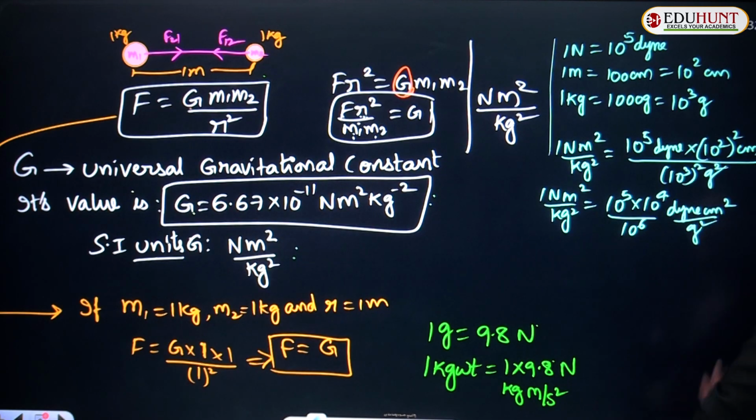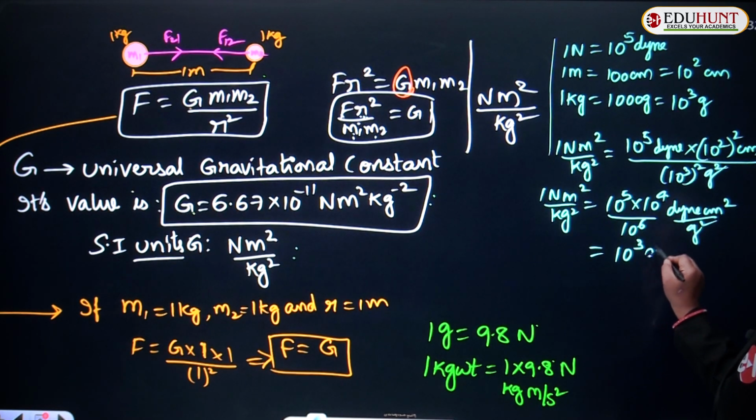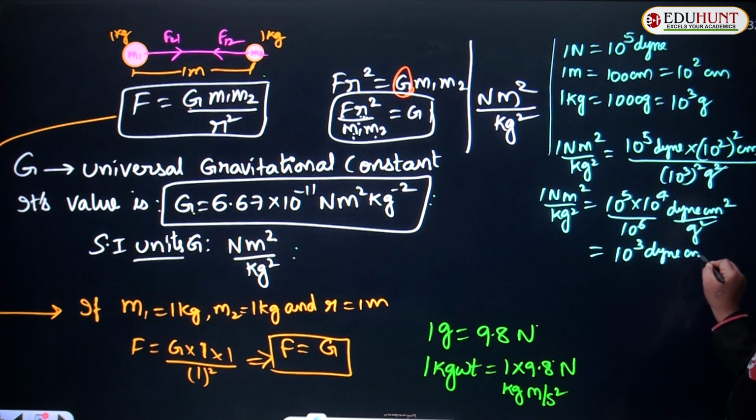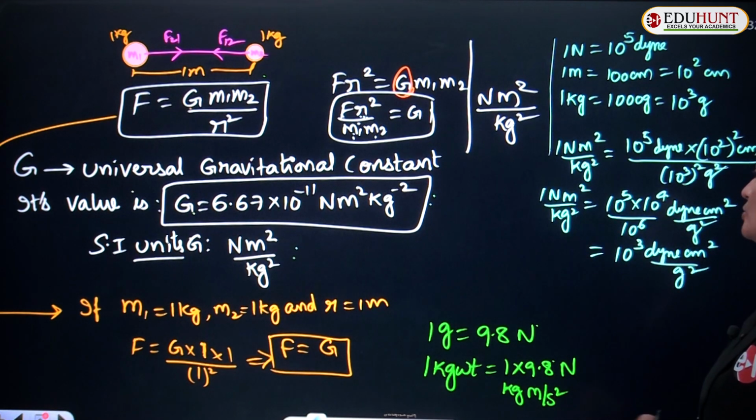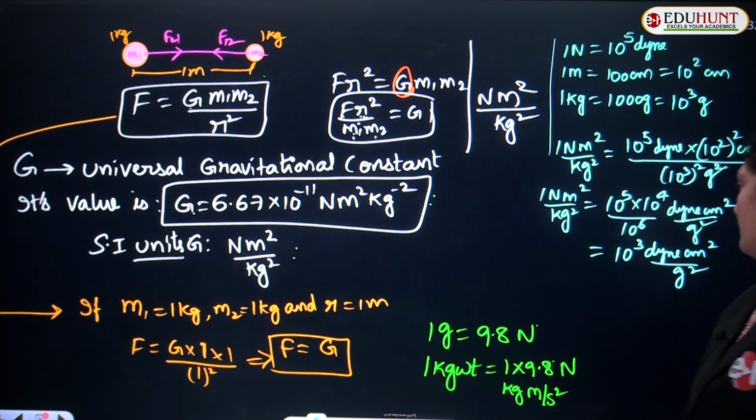Kg square, so gram square. So 10 power 5 multiplied by 4 is 10 power 9 upon 10 power 6 is 10 power 3 dyne centimeter square per gram square. So 1 Newton meter square per kg square can be written as 10 power 3 dyne centimeter square per gram